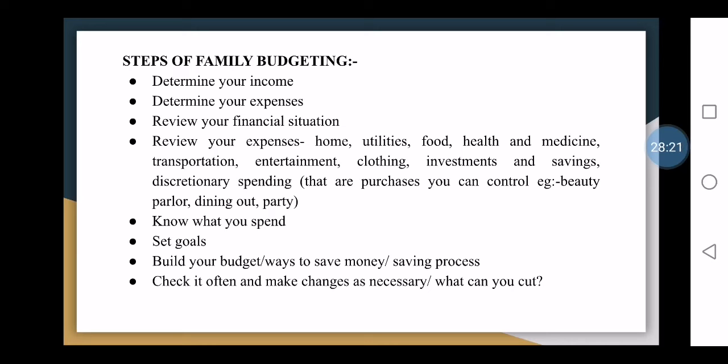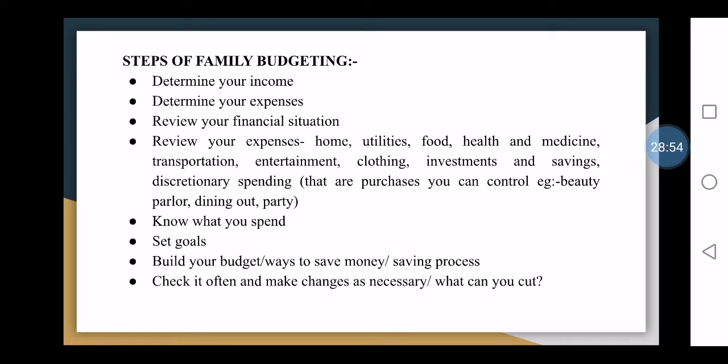Then know what you spent. Always when you spend, you should know how much you are spending. Then you should set the goals. Always you should have a goal. Either it can be a monthly goal or an annual goal. By this year end, I should get a new car. By this month end, I should get saved around 10,000 rupees. And I should start having my provident fund. I should save, I should have some saving. I should get some money fixed deposit. So such type of goals you should have.